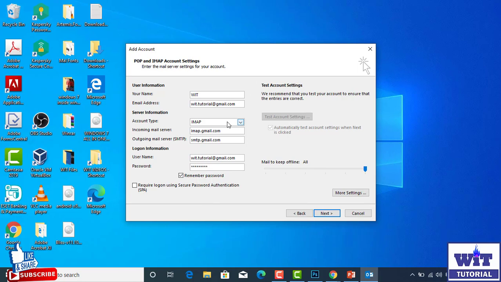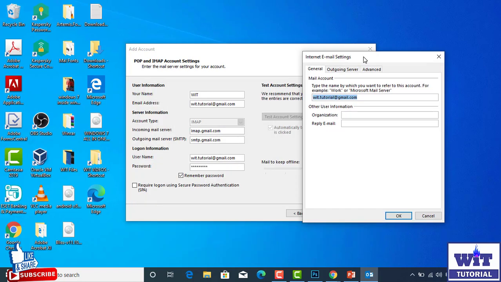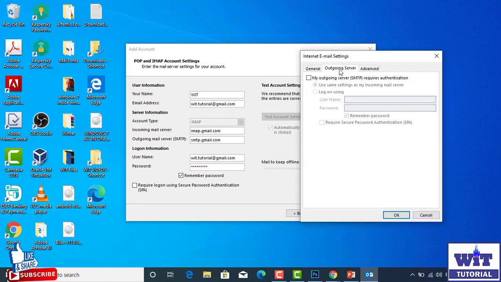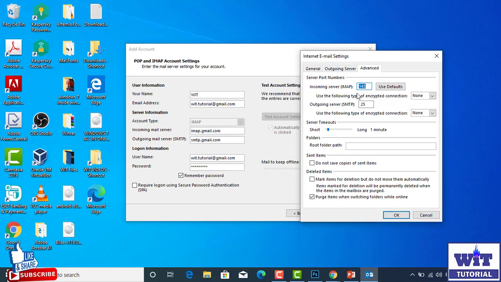Okay, now you need to go to More Settings. Click here, then in the General tab leave it as it is. Then in the Outgoing Server tab, enable the option My outgoing server (SMTP) requires authentication. Then click on the Advanced tab. Here you can see the incoming mail server IMAP, which uses the following type of encrypted connection.